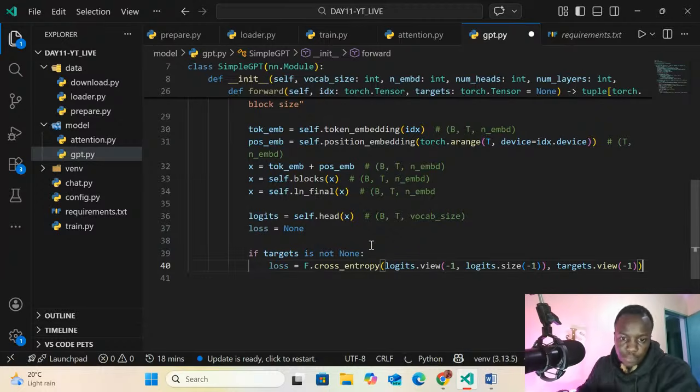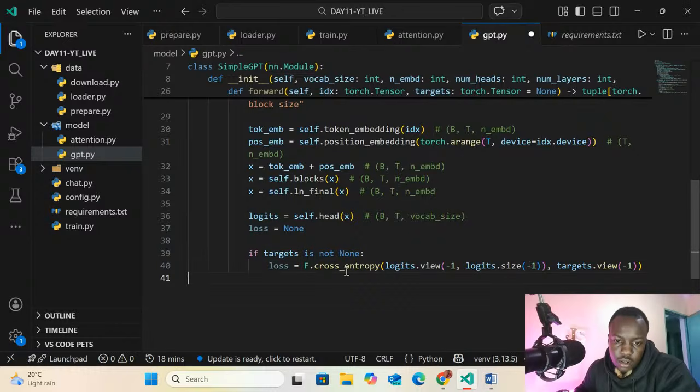Let me check. To calculate the loss, we use the logits size.